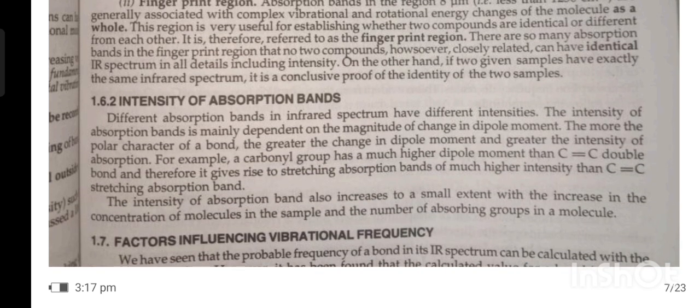Different absorption bands in an infrared spectrum have different intensities. The intensity of an absorption band mainly depends on the magnitude of the change in dipole moment. The more polar the character of the bond, the greater the change in dipole moment and the greater the intensity of absorption. For example, a carbonyl group has a much higher dipole moment than a carbon-carbon double bond, and therefore it gives rise to a stretching absorption band of much higher intensity than the C=C stretching absorption band. The intensity of an absorption band also increases to a small extent with the increase in the concentration of a molecule in the sample and the nature of